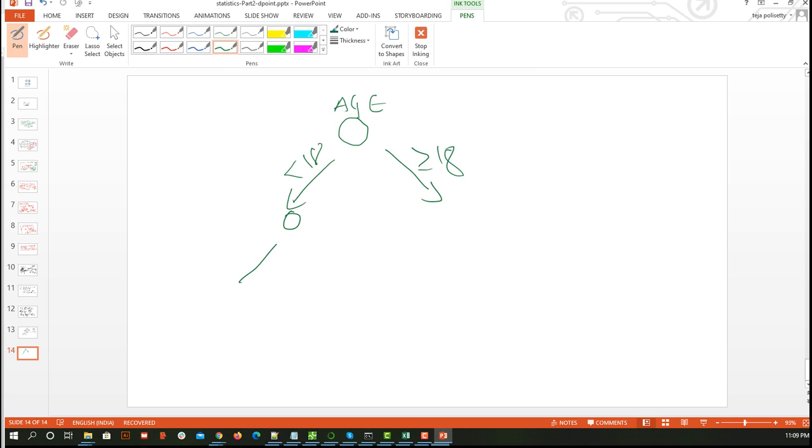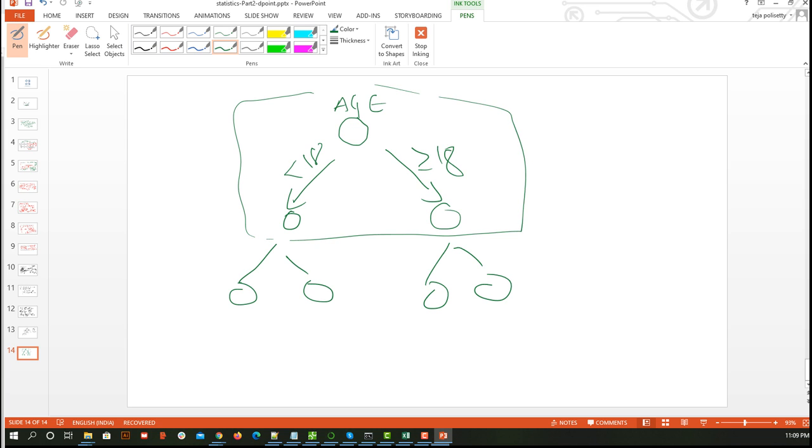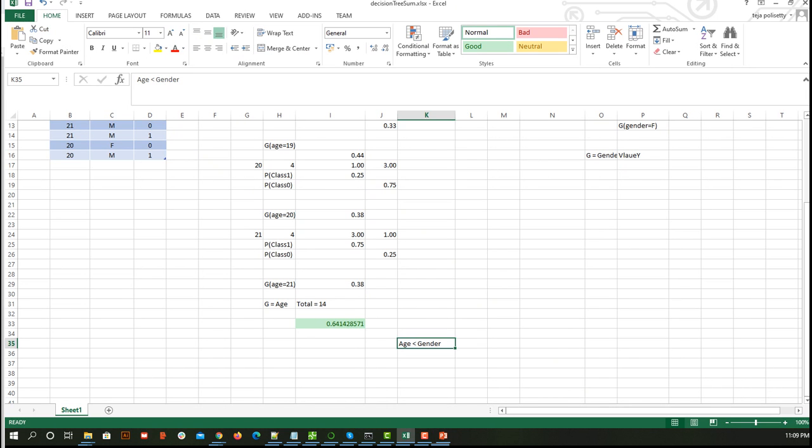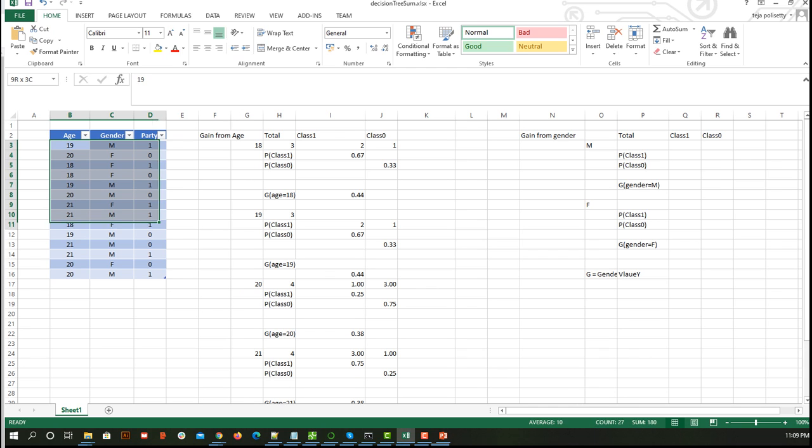Now here we had the overall data set, correct? The data set used for this part will be all the data where age is less than 18, correct? So this was our complete data set.